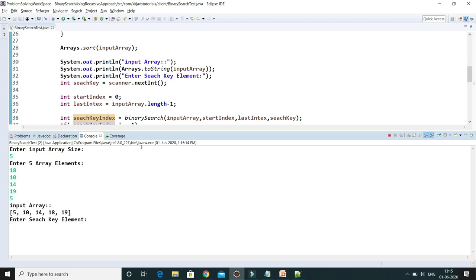You can see our program has sorted this input array, and here is the sorted array. Now it is asking me to enter the search key. Let's say I would like to find 14. Here you can see 14 found at index 2. Array index always starts from 0, so 0, 1 and 2.